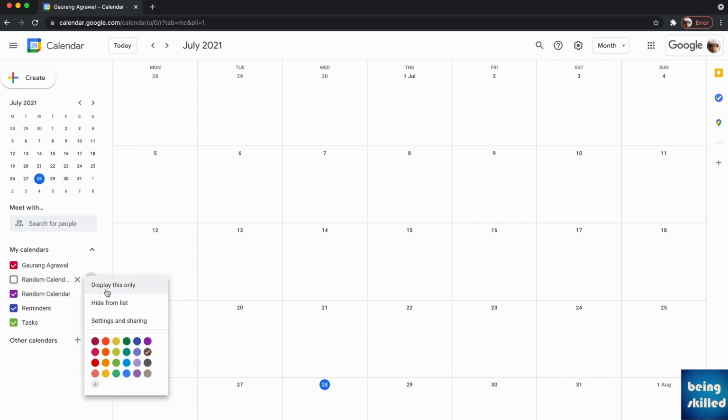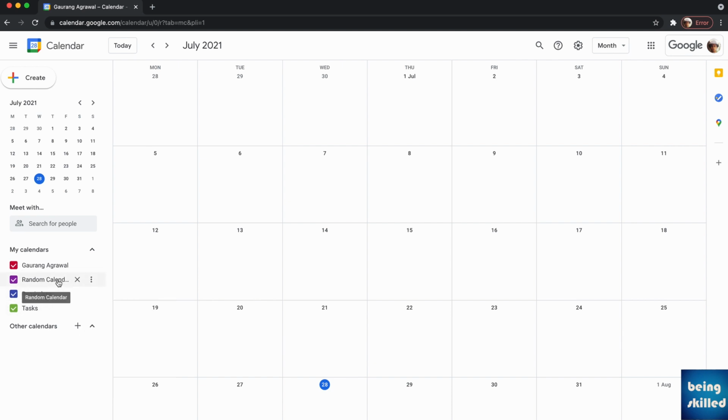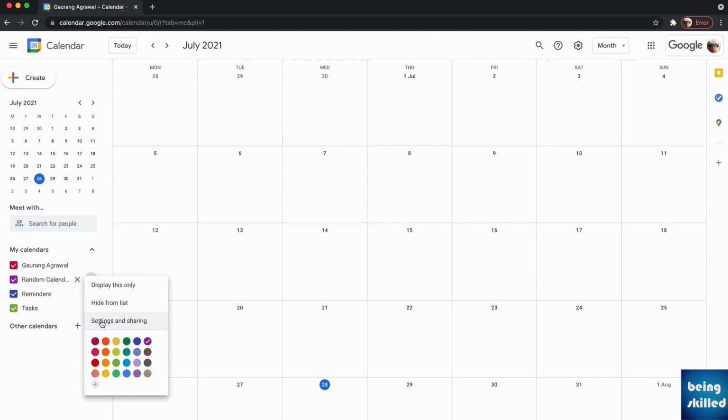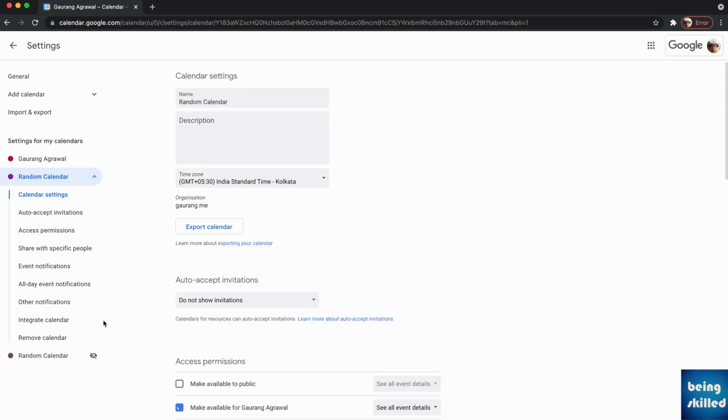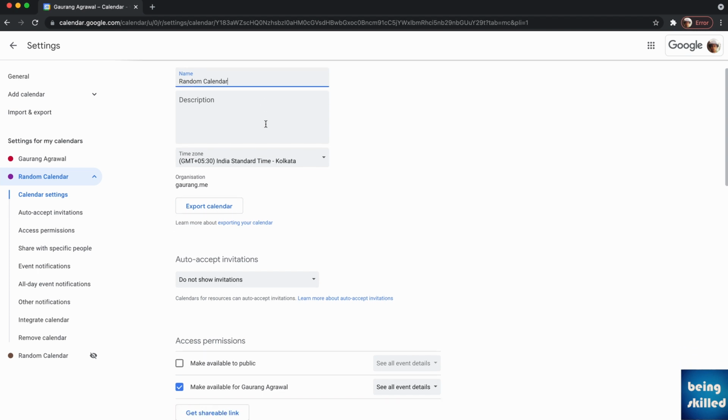So we will be going to that by going to the ribbon icon which is next to it and then clicking on settings and sharing.